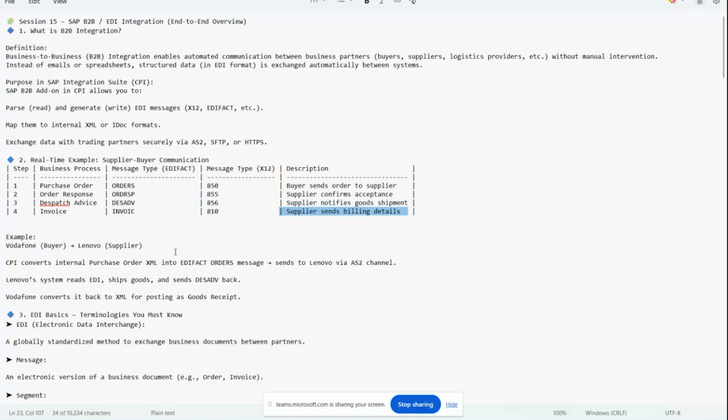So here CPI converts internal purchase order XMLs to EDIFACT orders. EDIFACT is nothing but an EDI format, one of the EDI formats. We will convert it to that and send it to the supplier via AS2 channel, or not necessarily an AS2 channel always. It can be SFTP or